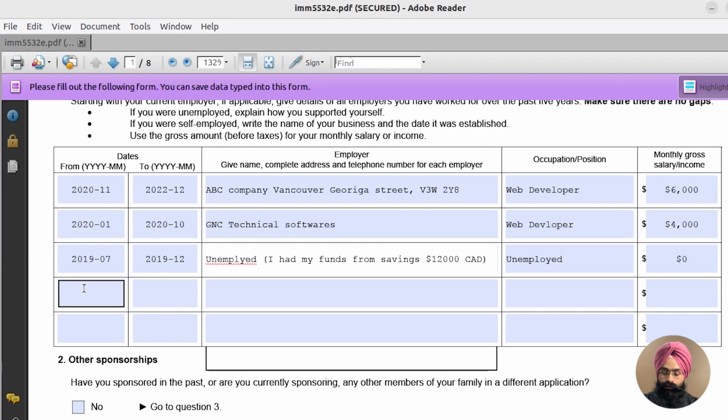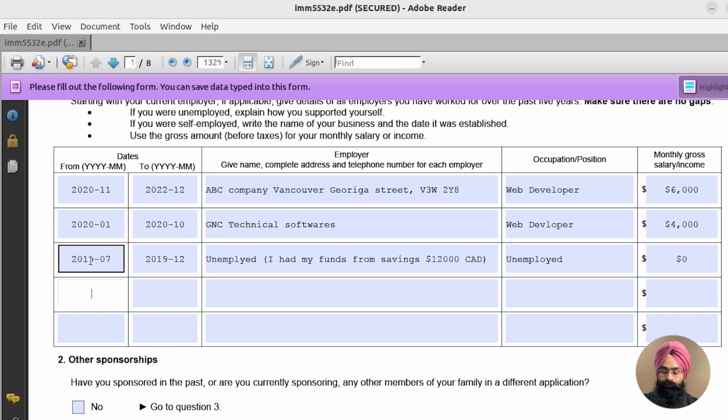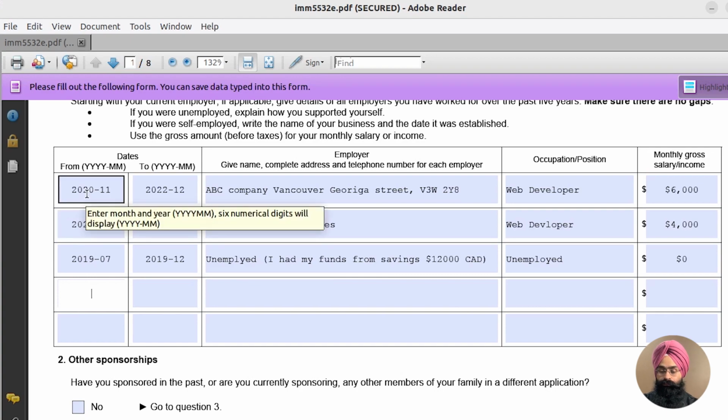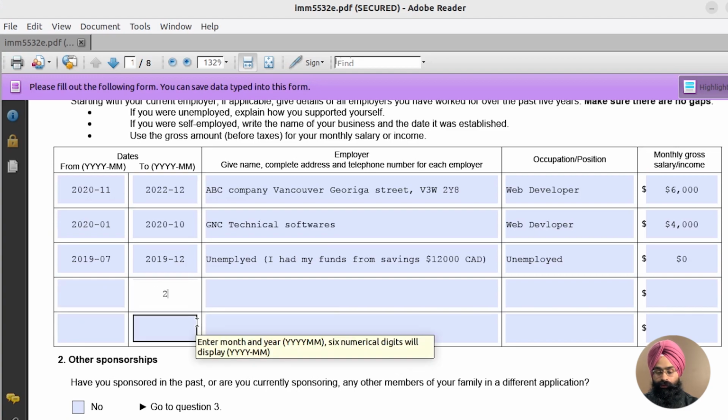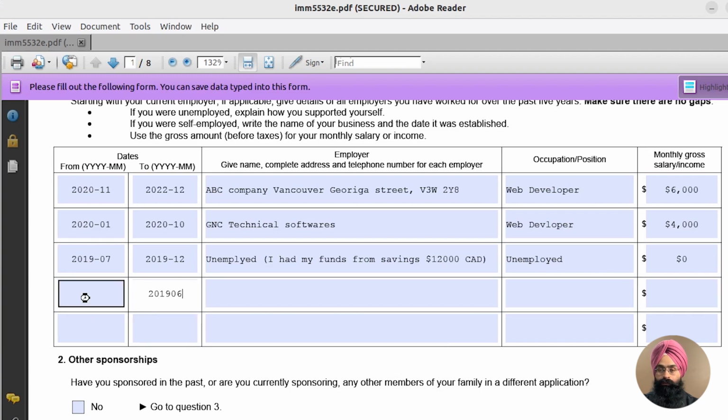Alright, then we need to give the 5 years information. So we have covered 19, 20, 21, 22. Okay, so we need to add 2 more years. So year 2019 month 06, to year 2017 month 04. Alright, so I was working with DJ Mantra Labs, Ludhiana,